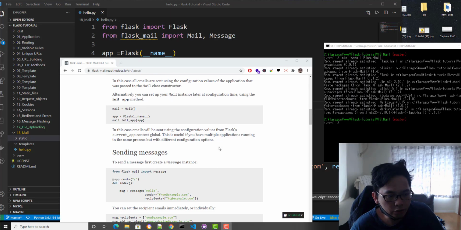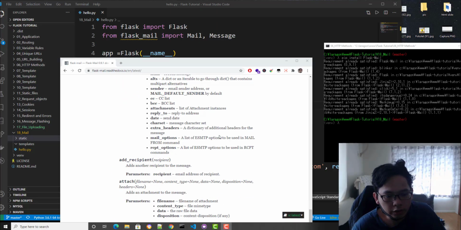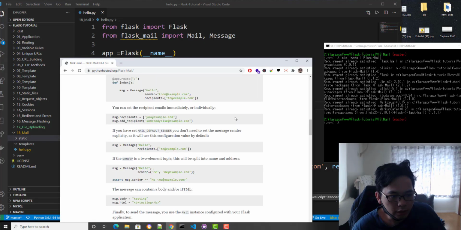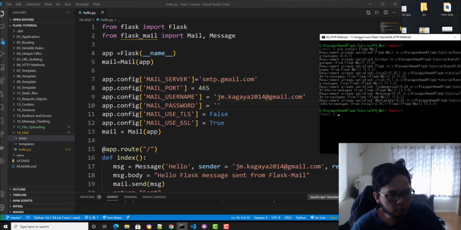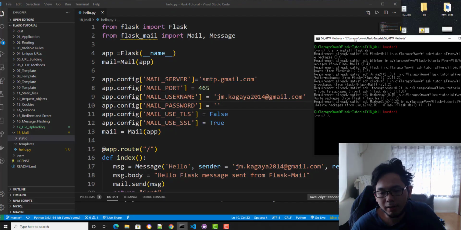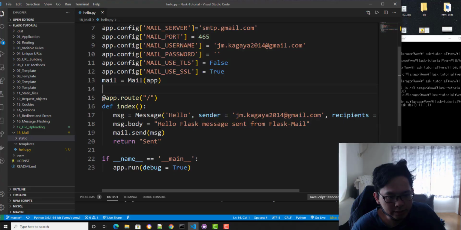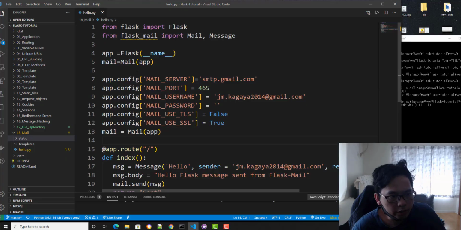It's in the documentation. You can easily copy it, or you can use the code in my GitHub. It's up to you if you want to learn, go to the documentation or the source. This is the example you're going to encounter anyway, so you can come back to my video and get the source code. You can play around. It's working fine. I already tested this, and it's a simple program that will send you the mail. It's about 20 lines of code if you count it all.